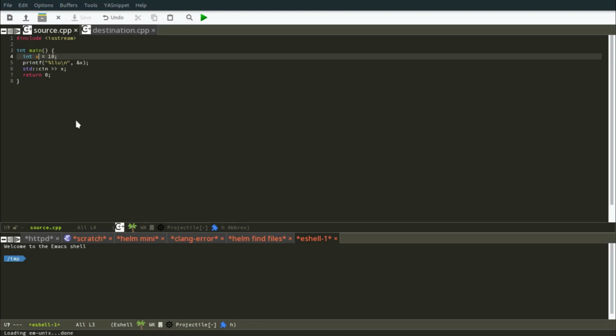Okay, so let's compile the source file first. We will compile it using normal things, giving the output file name as source, and source.cpp is the source file. So we have done it, and now we will run this thing. We got this value here, we will copy it just like this,